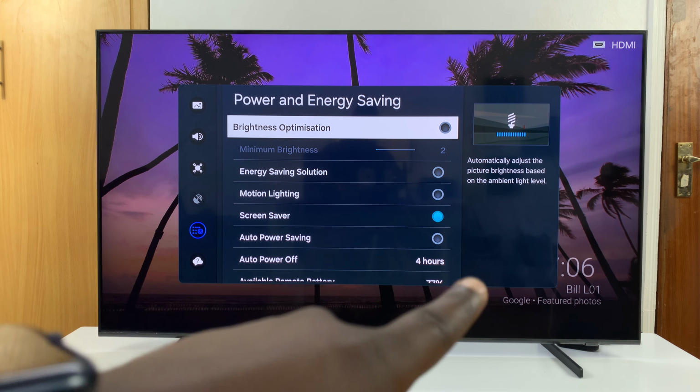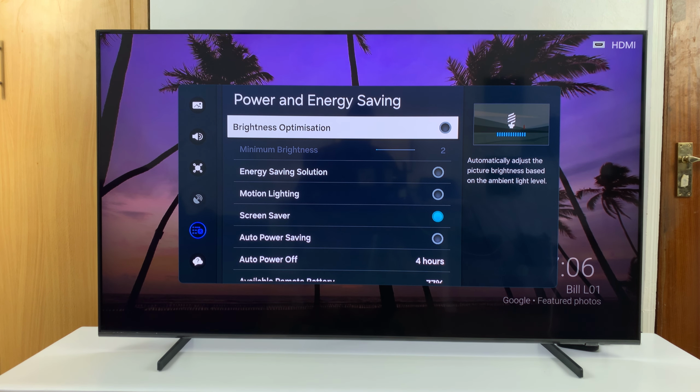Now you can clearly see there in the notes, it says automatically adjust the picture brightness based on the ambient light level. So your TV will adjust the screen brightness based on the environment. Okay, so you want to enable that. And once you enable that, your TV will now be changing its brightness depending on the ambient